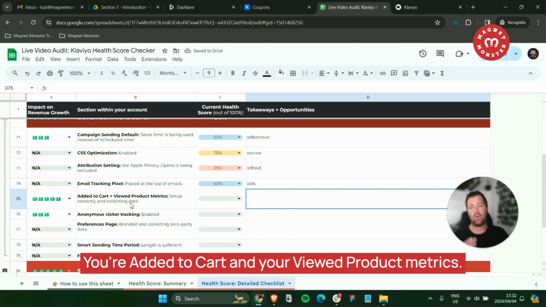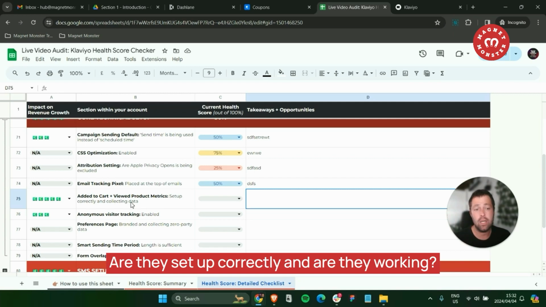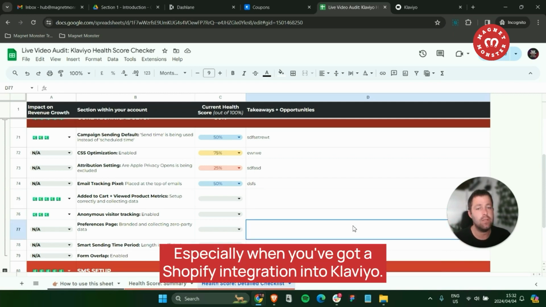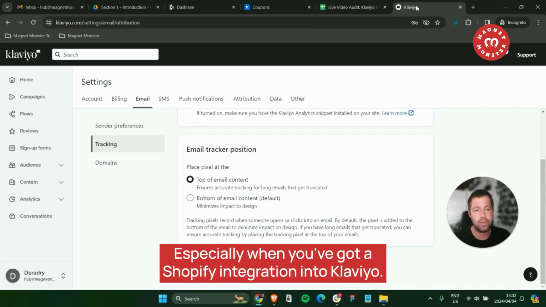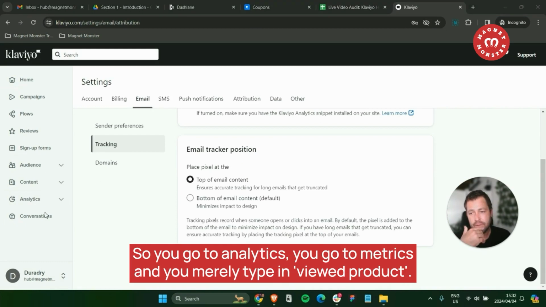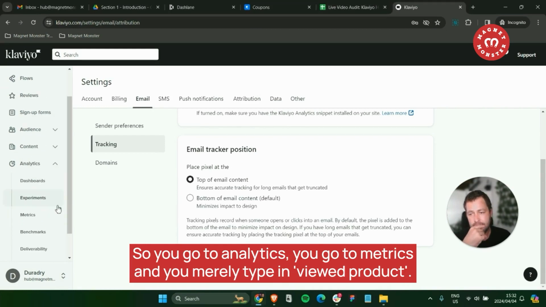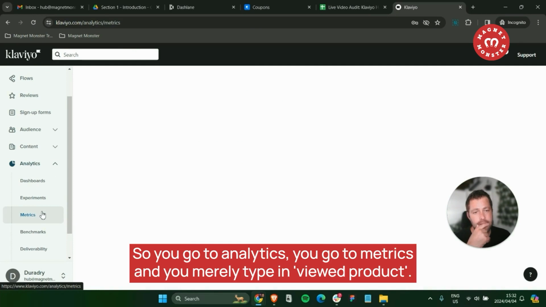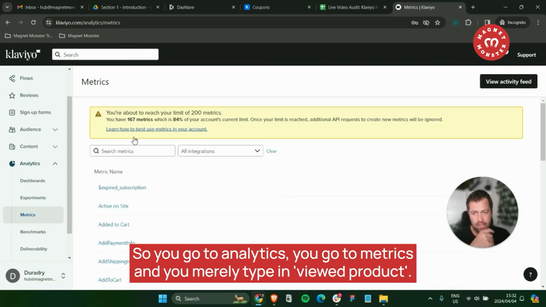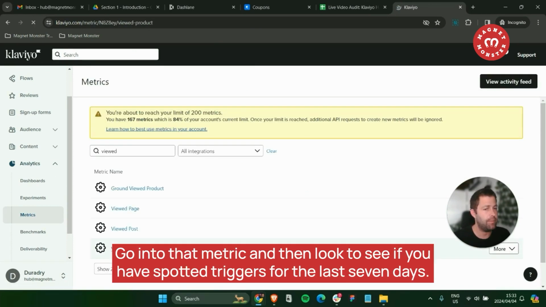Next one is your metrics. Okay, your added to cart and your viewed product metrics. Are they set up correctly and are they working? Okay, especially when you've got a Shopify integration into Klaviyo. So you go to analytics, you go to metrics, and immediately type in viewed product, go into that metric, and